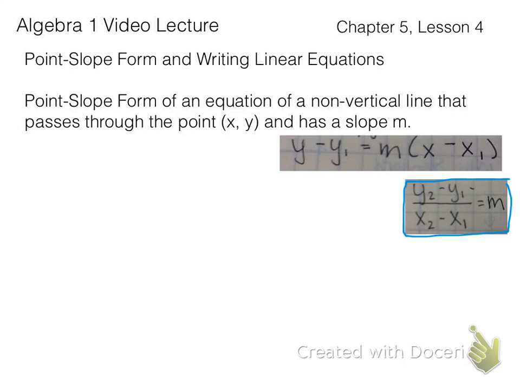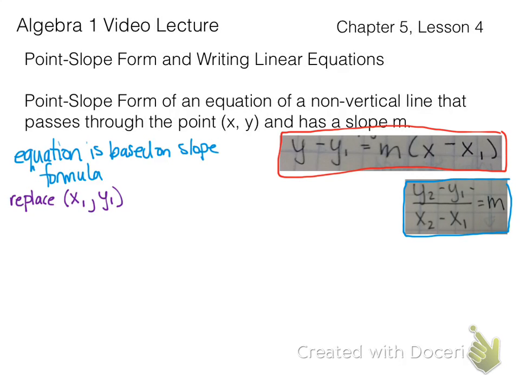And above it, we have the point-slope form, which I am boxing in red as I speak. Okay, so the point-slope form is based off of the slope formula, y2 minus y1 over x2 minus x1 equals slope. So let's start with that formula,